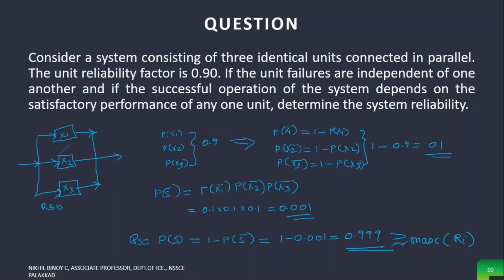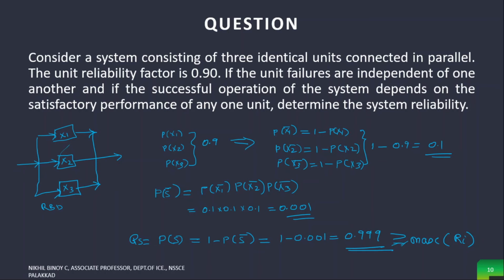If somebody is wishing to improve the reliability of his system, what can we do? Add one more component of the same type in parallel. Parallelly connect one more component. It is known as redundancy. It is known as reliability redundancy. That is your fifth module topic. The major portion of the fifth module is reliability redundancy.